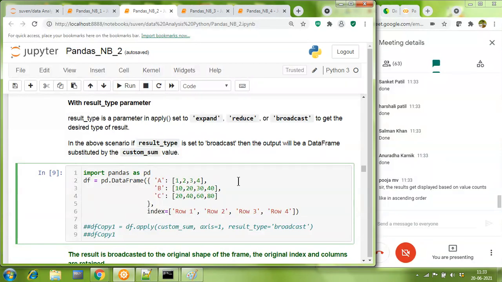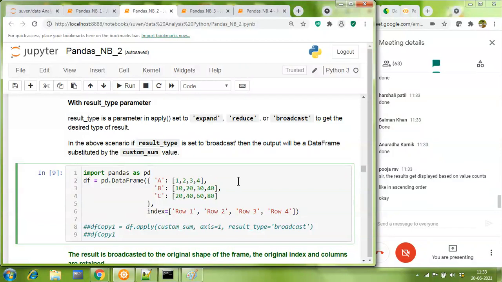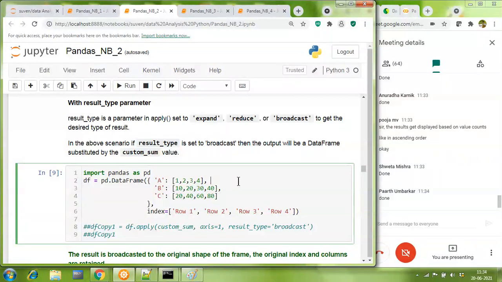It's going from highest to lowest. So friends, I'm waiting for your done messages over the chat so that I can proceed further.